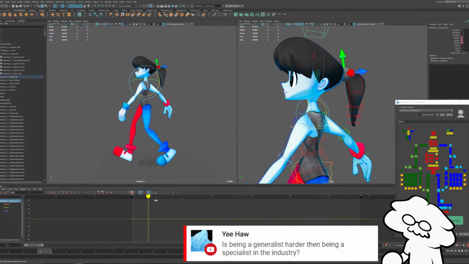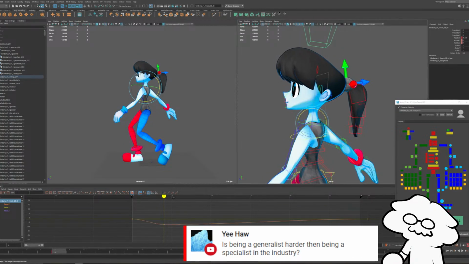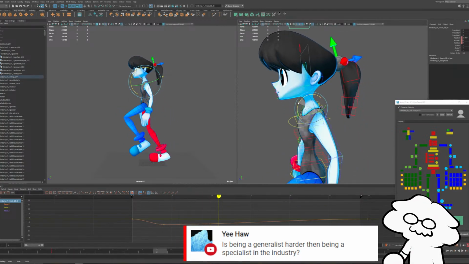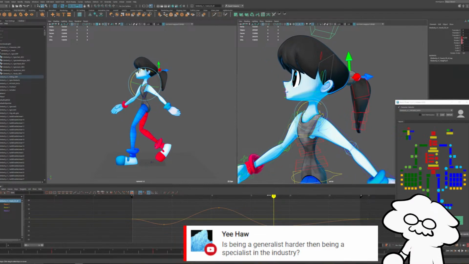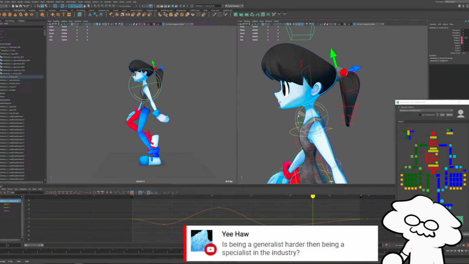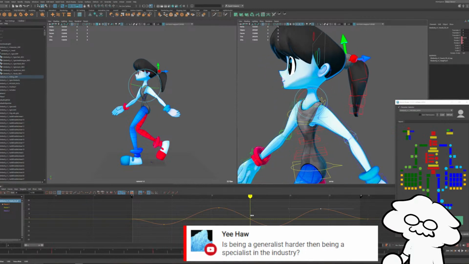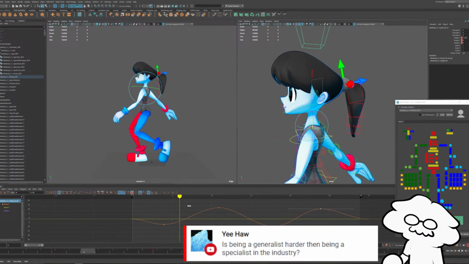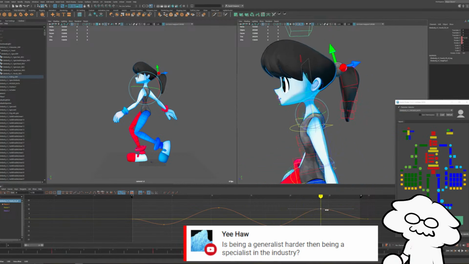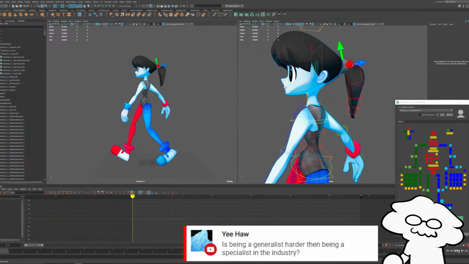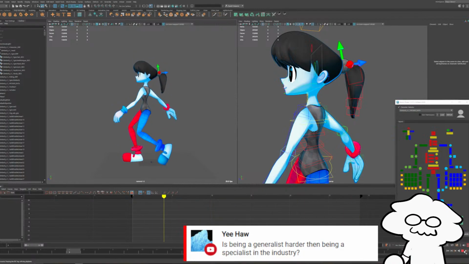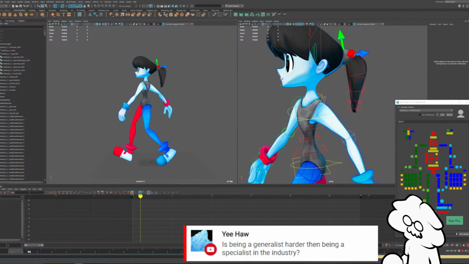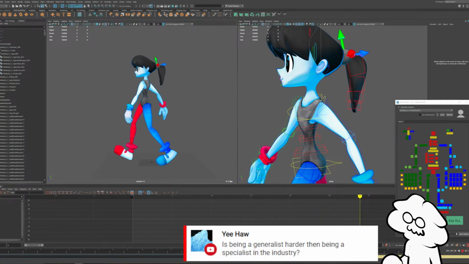Try that again. Back as it's going down. Forward as it's going up. Back as it's going down. Forward as it's going up. You know what? No, actually that looks good. Let's do that. Let's see how that looks. It's a little bit too exaggerated probably, but I think we can generally leave it like that.